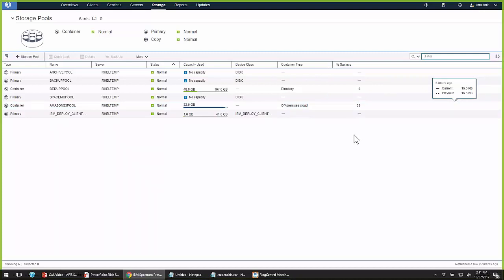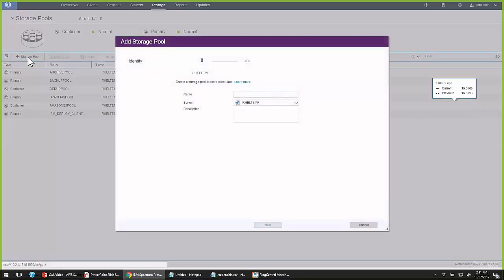But Cloud Container Pools can be deduplicated, compressed, and encrypted, just like directory container pools can. So let's create a new one. We're going to hit the little plus button there,